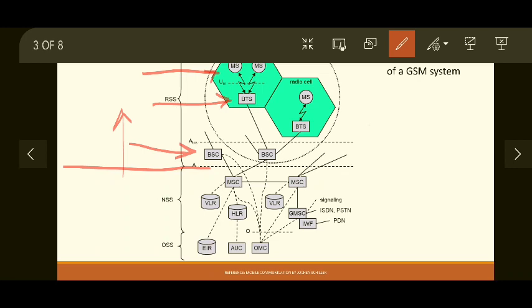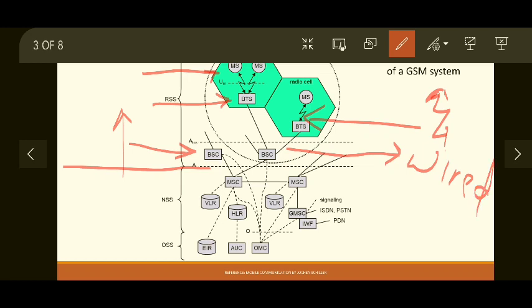Mobile station is connected to the BTS via a wireless connection, denoted by a twisted arrow, and the BTS is connected to a BSC via a wired connection. This is wired. The only part that is wireless is from the base transceiver station to the mobile station.